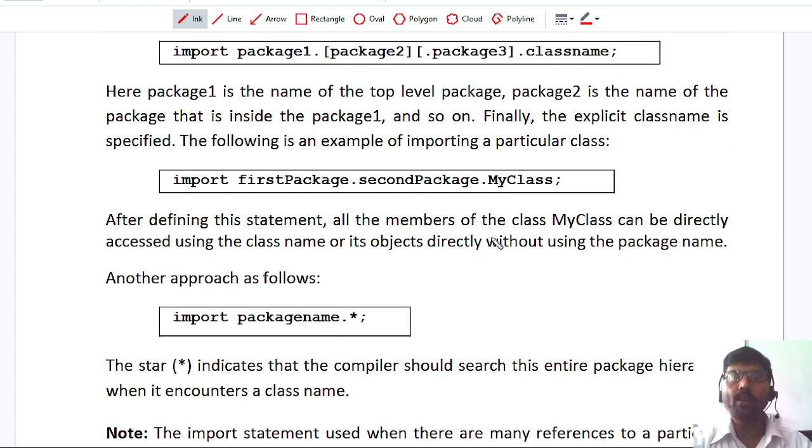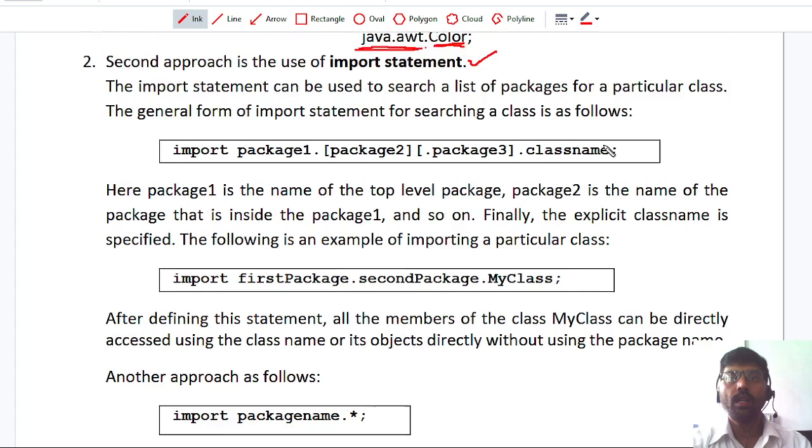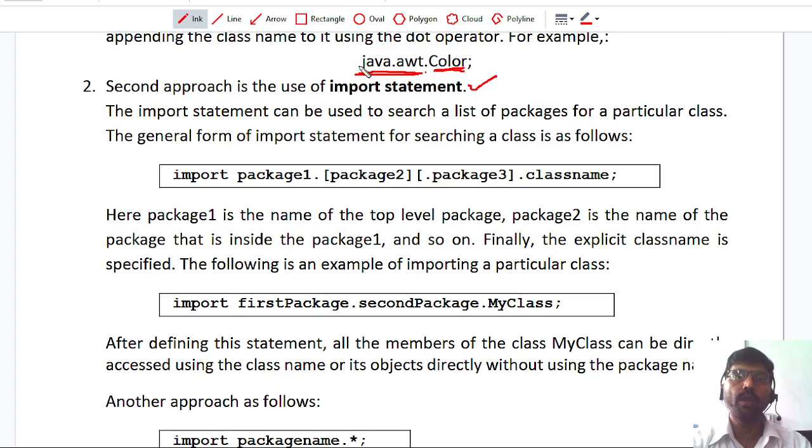Now I can directly call this MyClass to create an object or to inherit in my program. There is no need to specify the package name. I can directly call just the class name. In a fully qualified name, I have to give the package name along with the class name. But in this case, I have to give just the class name. I am not mentioning any package name. Whenever I use the class, I only give the class name.